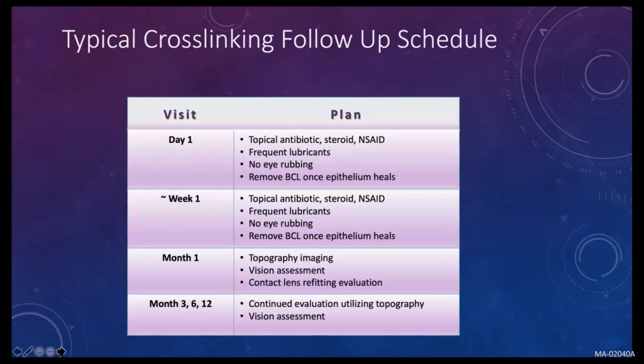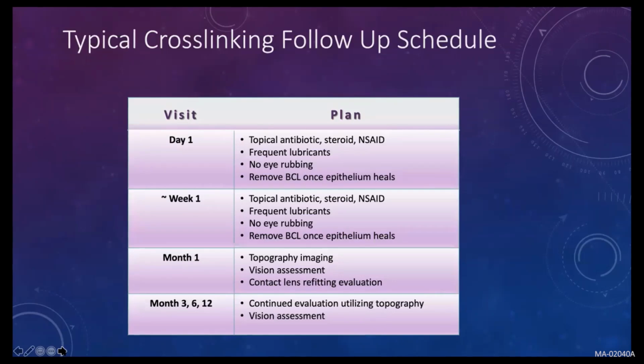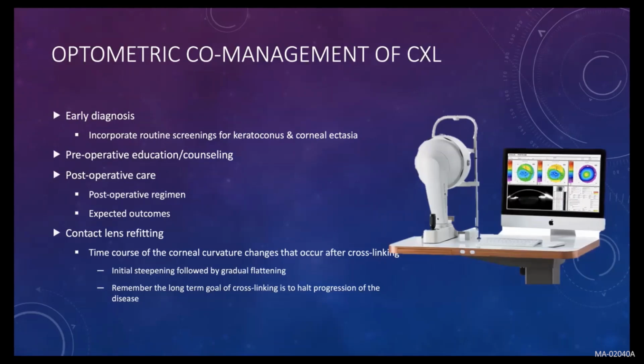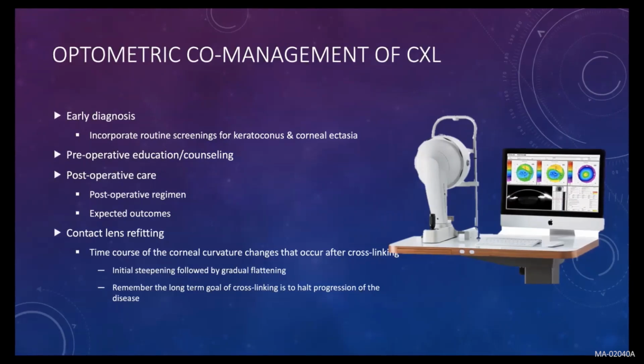So like I mentioned in the beginning, the cross-linking follow-up schedule is typically the day after surgery, the week after surgery, 1 month after surgery, and then months 3, 6, and 12 are when you evaluate using topography and visual assessments. And the optometric co-management of corneal cross-linking is of utmost importance. Early diagnosis, incorporating routine screenings for keratoconus and corneal ectasia is huge. Pre-op education and counseling, managing the expectations of the patient's outcome, and the post-op regimen are all very, very important